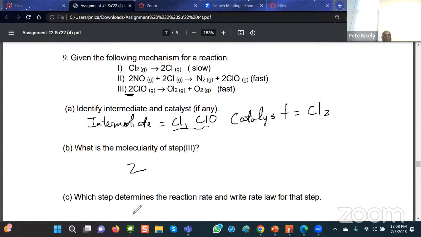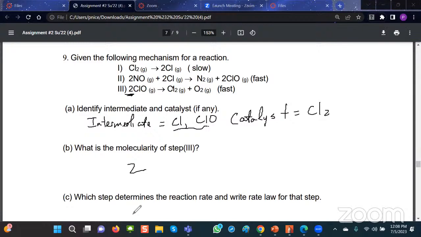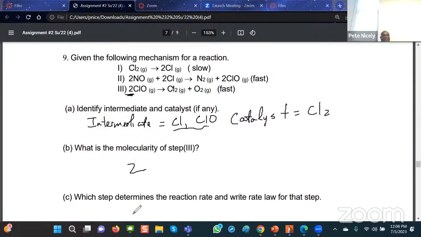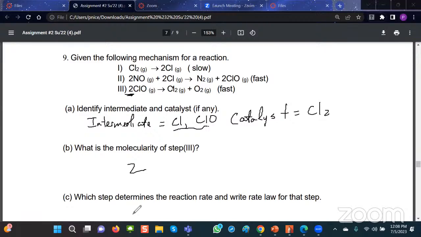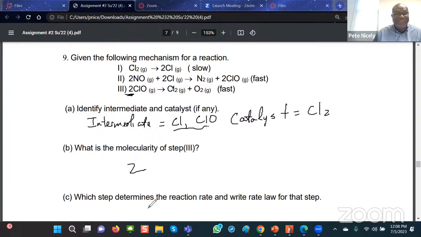What did I say about the rate determining step? It's the slowest step. Exactly. So which of the 3 steps you see here would be the slowest step? The first one. Exactly. So step number 1,